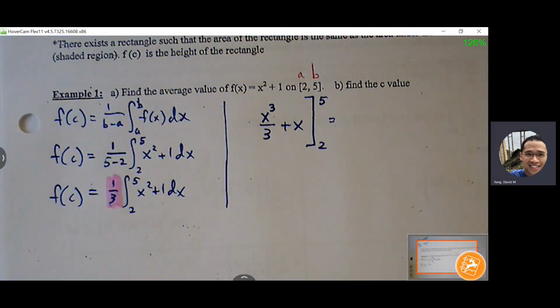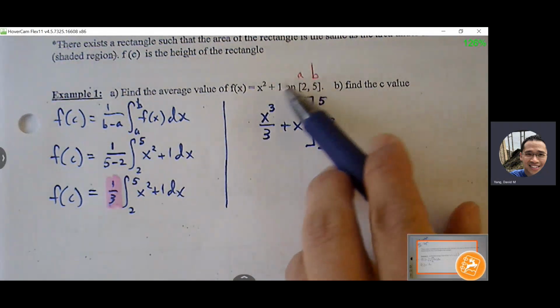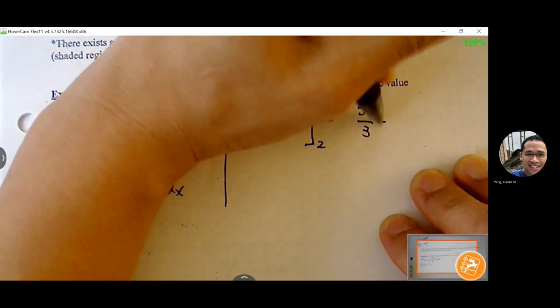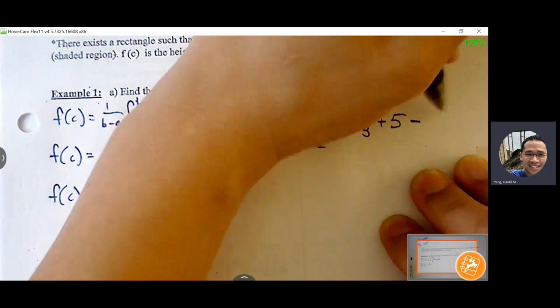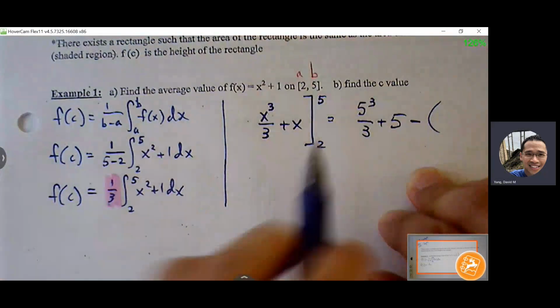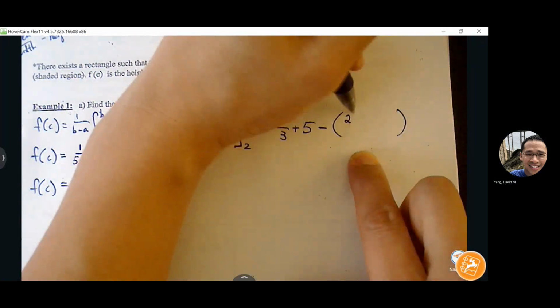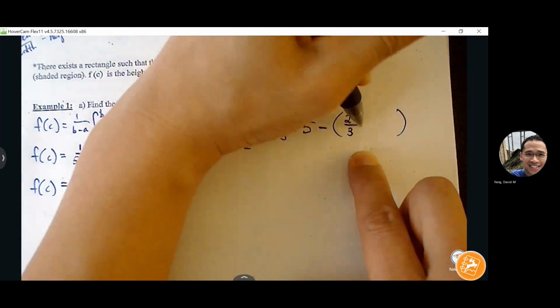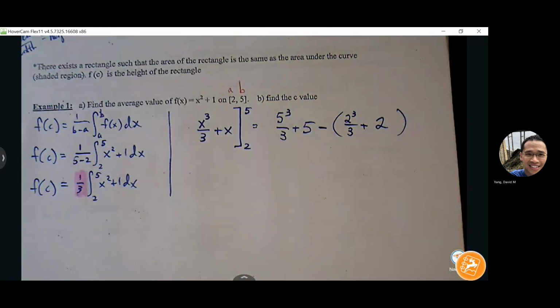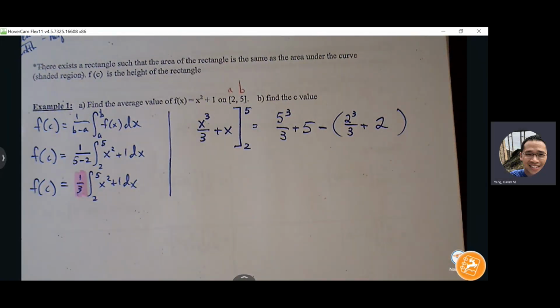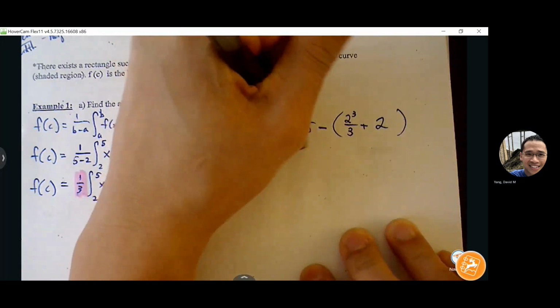Okay, what gets inserted first? Always the upper bound. Yep, upper bound first. Minus parentheses. Now we're ready for the lower bound. Okay, 2 gets inserted into the expression. All right, let me just clean all this up here. This is going to end up giving us